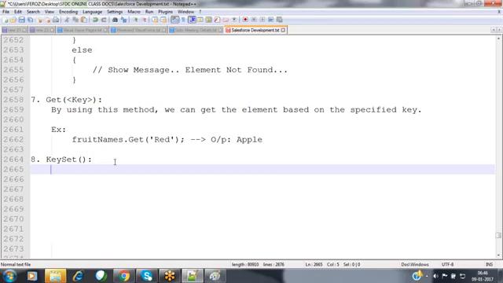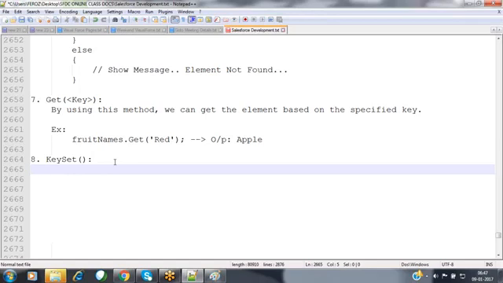Those keys will be returned to you. If it is a single value, we can store it in a separate variable by defining our own. But this particular collection returns a collection of values, so where can we store them? To store that value, we need a collection.